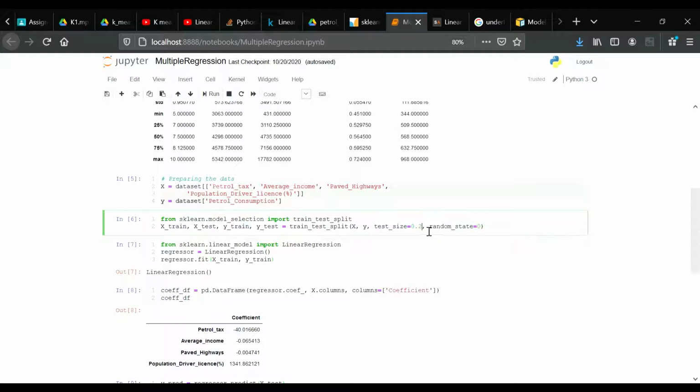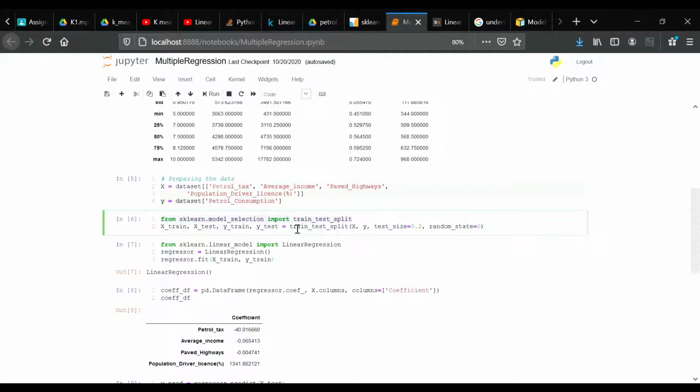The parameters which are used for the train test split method are, first, the array list, which can be numpy arrays. Then second are the test size and train size, and third is the random state, which is basically used for controlling the shuffling applied to the data before applying the split.